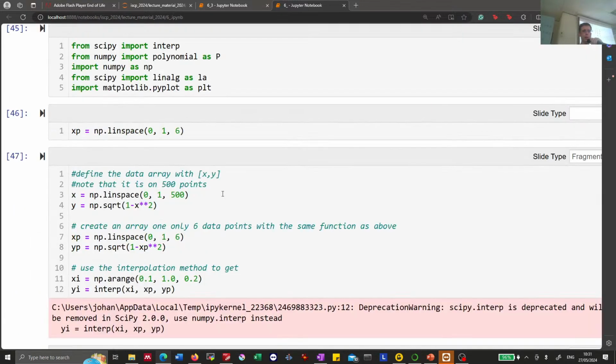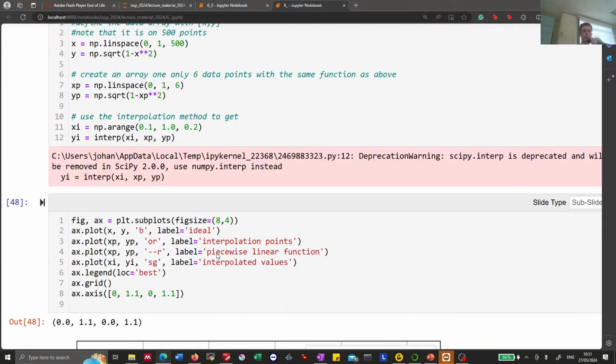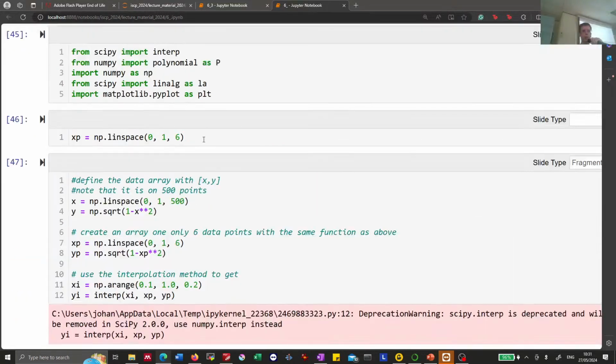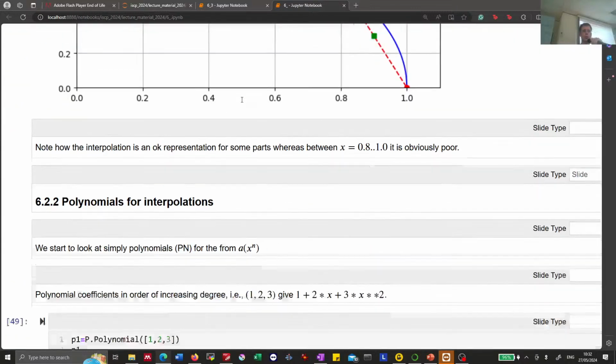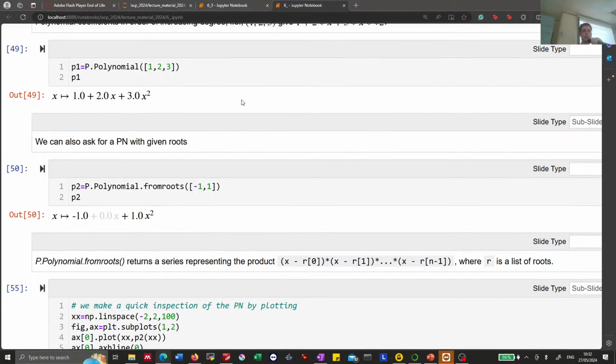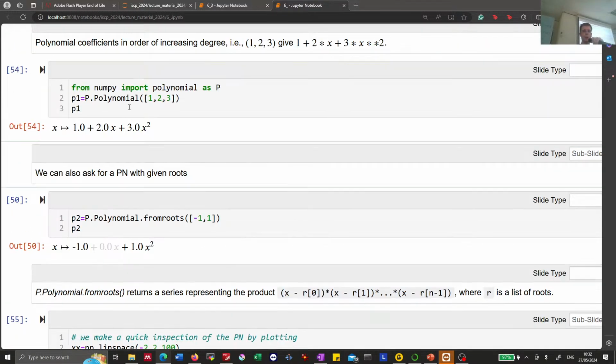So I see at the bottom that we are going to use here from NumPy polynomials P. Maybe this part could be here as a reminder. Not the comma there. The comma comes here. There we go. So you can add more and